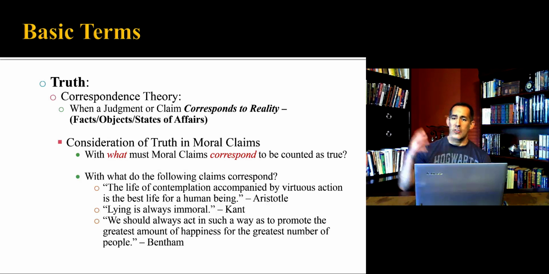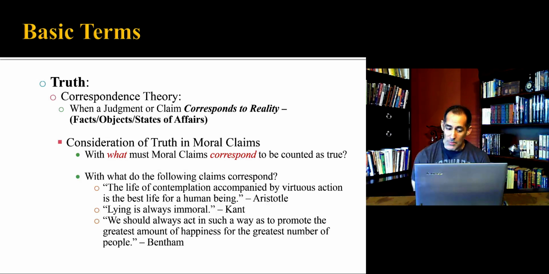So if I was to say that it's raining outside, that statement is true just so long as there's an actual case of it raining outside. Okay, and it's kind of a commonsensical view of truth. I think that's normally what you think of when you say something is true, and of course false is the opposite. Now, when we consider the nature of moral claims, we want to sometimes ask, is the moral claim true?